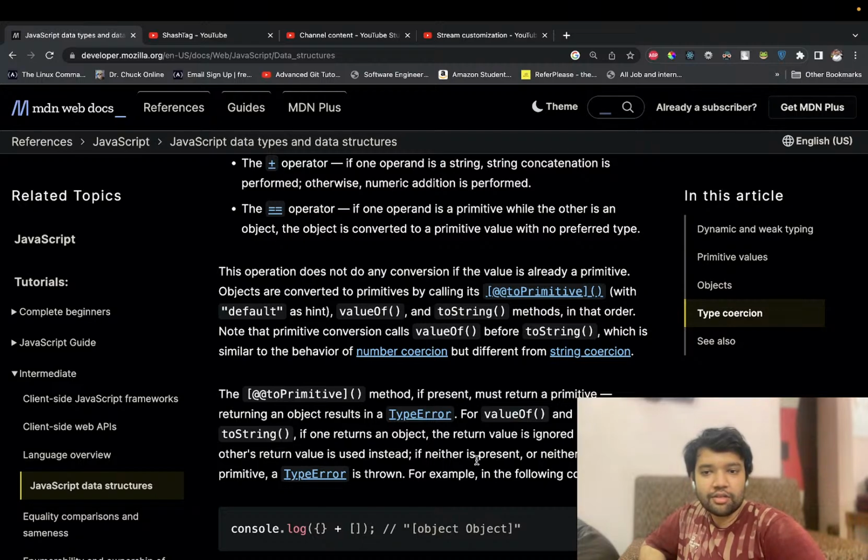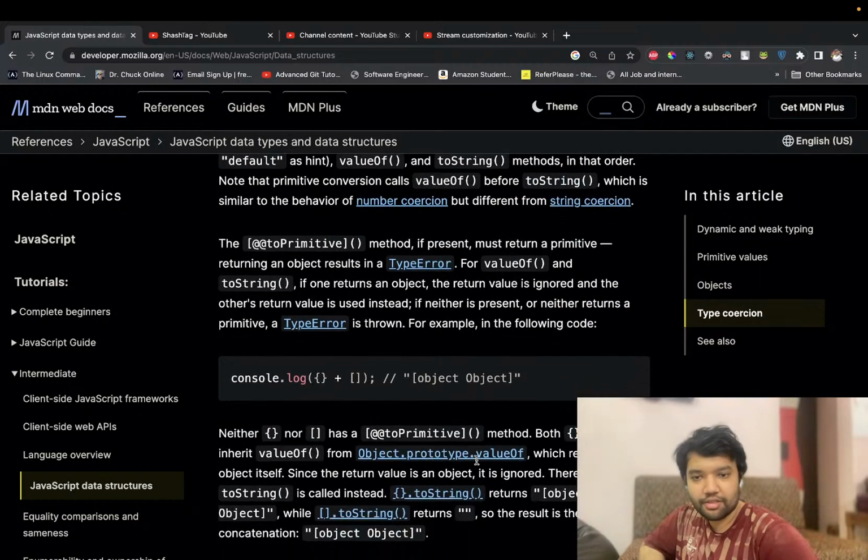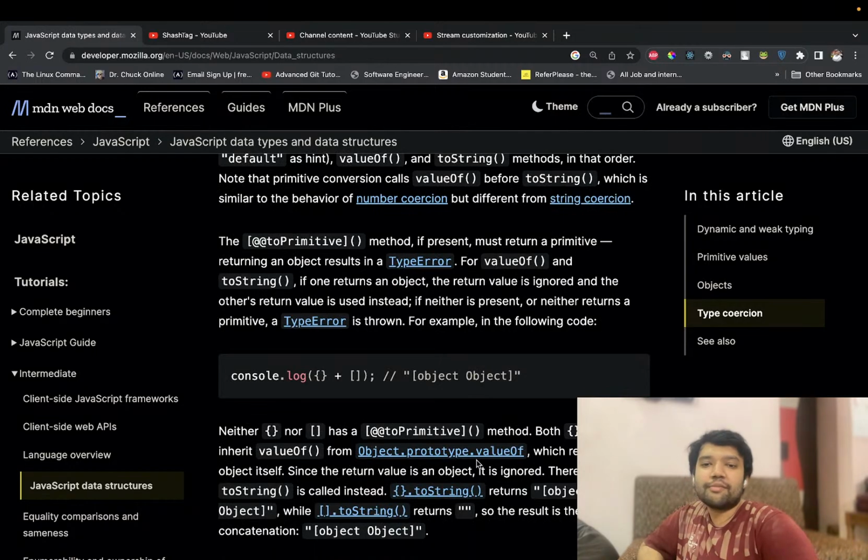For the primitive conversion, valueOf is called before toString, which is similar to the behavior of number coercion but different from string coercion. If the toPrimitive method is present, it must return a primitive; returning an object results in a type error. If valueOf and toString are present but neither returns a primitive, there is a type error. For example, console log